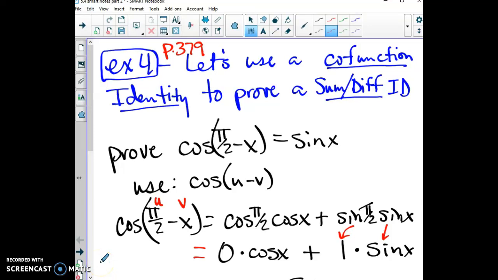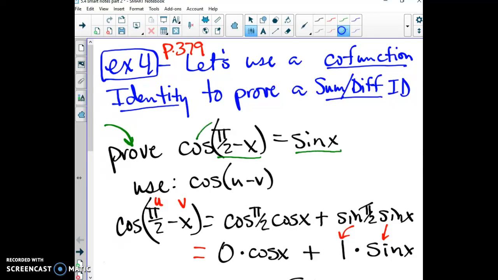So what we're going to do now is use one of our new identities to prove a cofunction identity that we've already been using. Example 4 at the top of page 379 says we're going to use a cofunction identity to prove one of our sum and difference identities. So our goal right now is to prove cosine of pi halves minus x is the same thing as sine